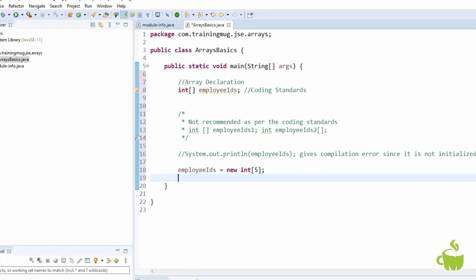If you're preparing, especially for certification, you might get some questions like this. They might give some negative value here. Do you get a compilation error? No, we don't get any compilation error. Why? Because syntactically you can pass any integer value. Since -5 is an integer value, we can pass it. It is a legal declaration, but not